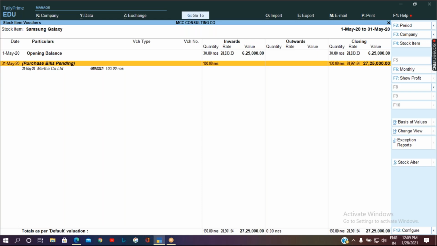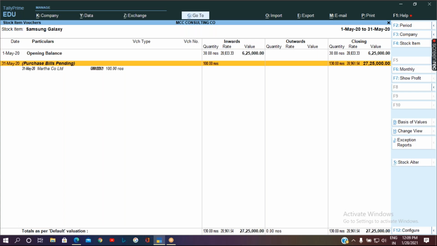So as of now, it is only an inventory movement that has happened, on which there is no accounting information available. So it is saying that you please raise the purchase bill for the received inventory. Okay.